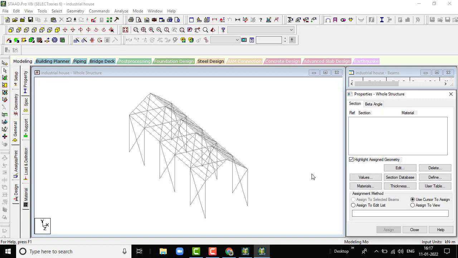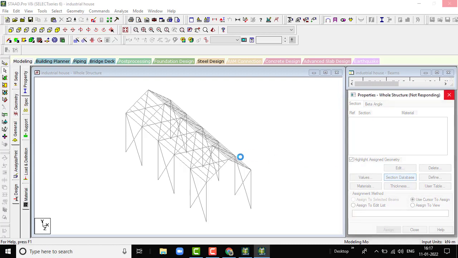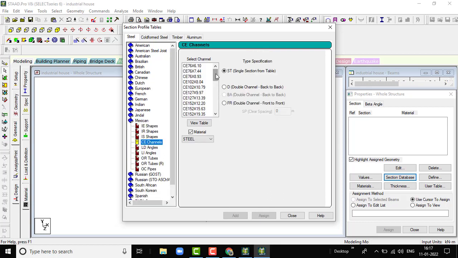So let us go for the properties. In properties, we'll go to the section database to provide the properties. Let the properties be opened. Here for warehouses we will be using the Mexican steel code. Firstly we will go to the CE channels. In CE channels we will be taking this one, click on add. This is for the columns, and next this one is for the tapers, and next